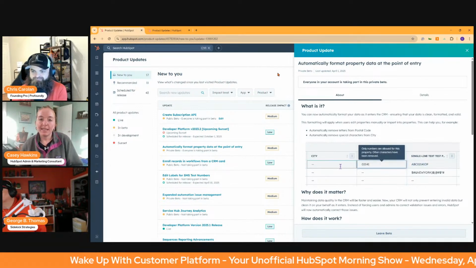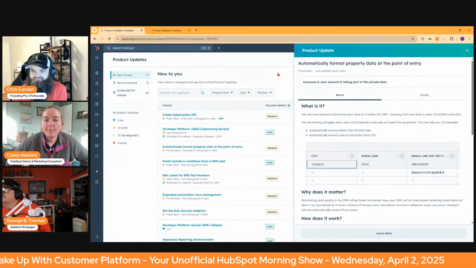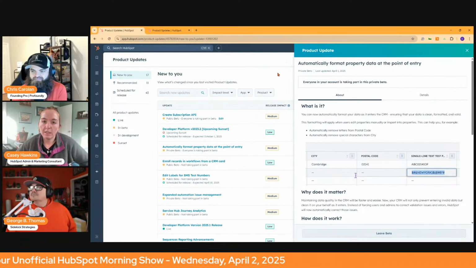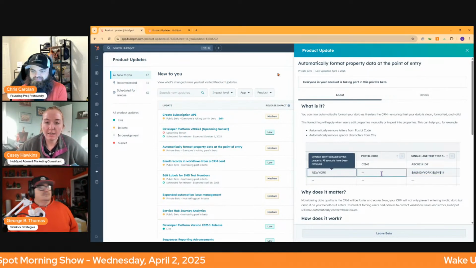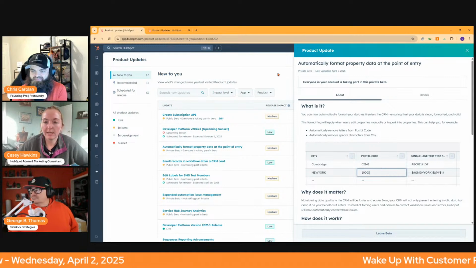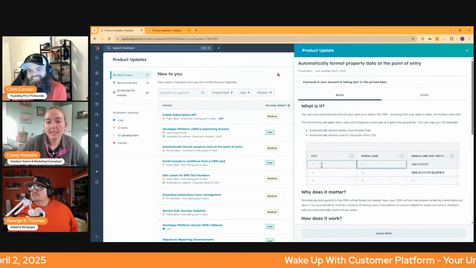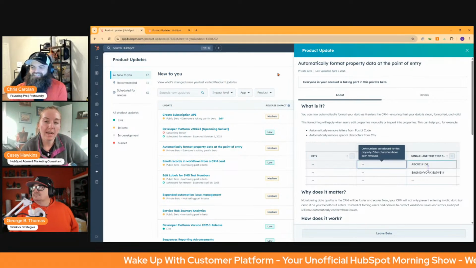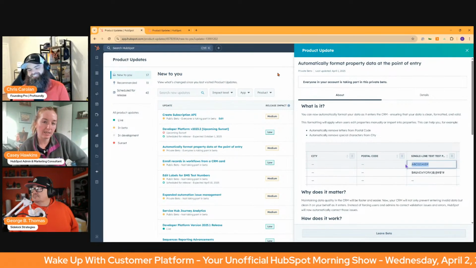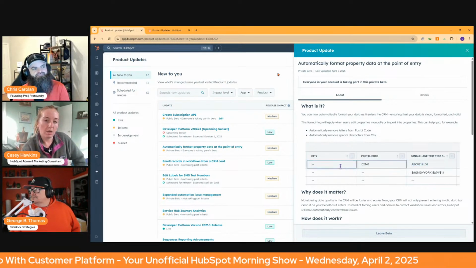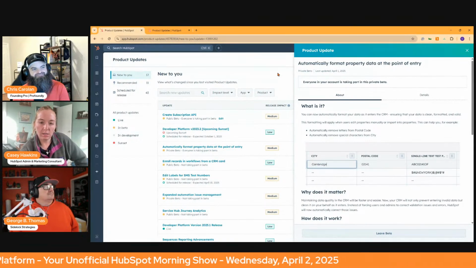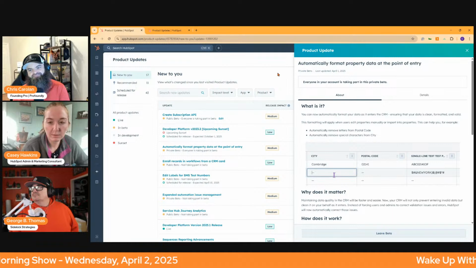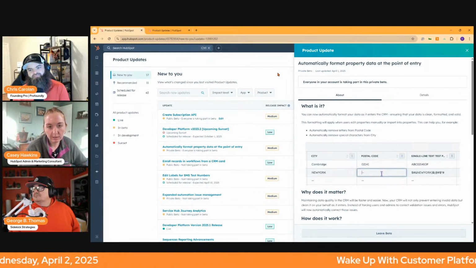Why does it matter? Maintaining data quality in the CRM will be faster and easier now that your CRM will not only prevent entering invalid data, but also clean it on your behalf as it enters. Instead of forcing users and admins to correct validation issues and errors, HubSpot will now automatically correct those issues. So you have to set that up in the property. That was the part that I wasn't clear on.